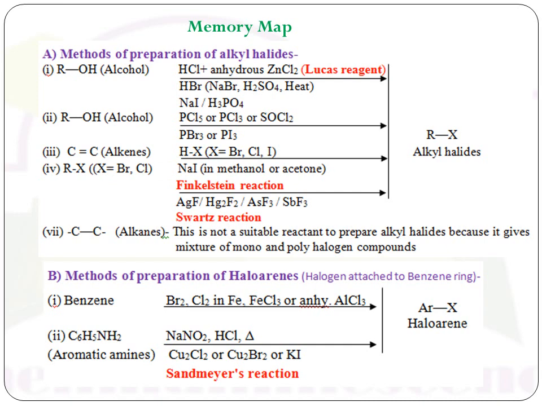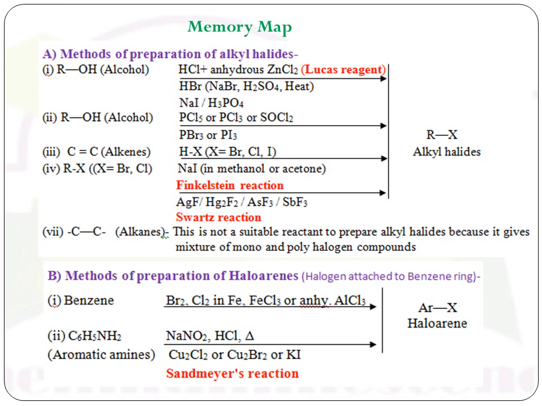by a displacement or exchange reaction. First one is the Finkelstein reaction, which is used for the preparation of alkyl iodide, and the Swarts reaction, which is used for the preparation of alkyl fluoride. The next one is from alkane, that is saturated alkane. But this method is not suitable because it gives a mixture of products. So these are the methods for the preparation of alkyl halide.